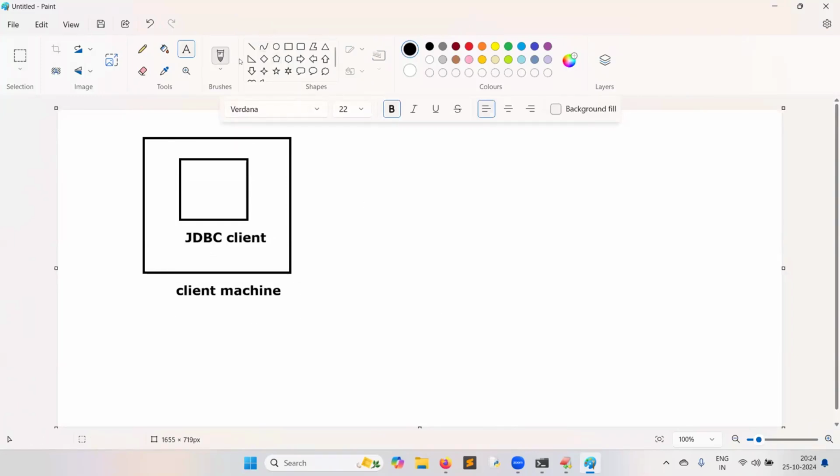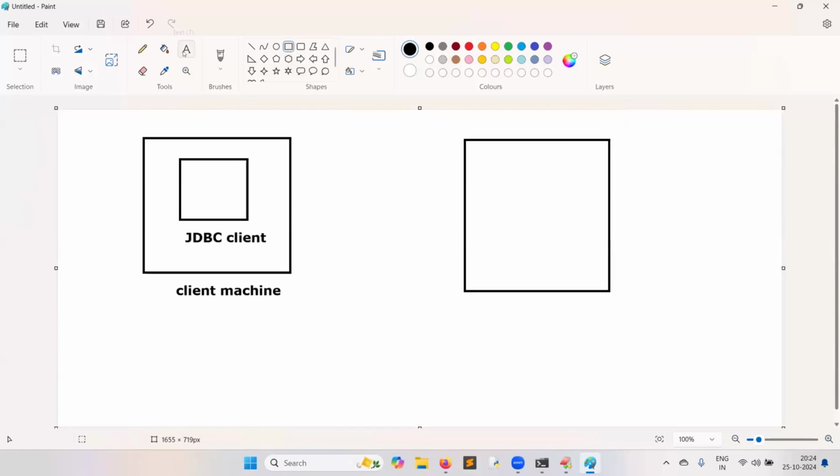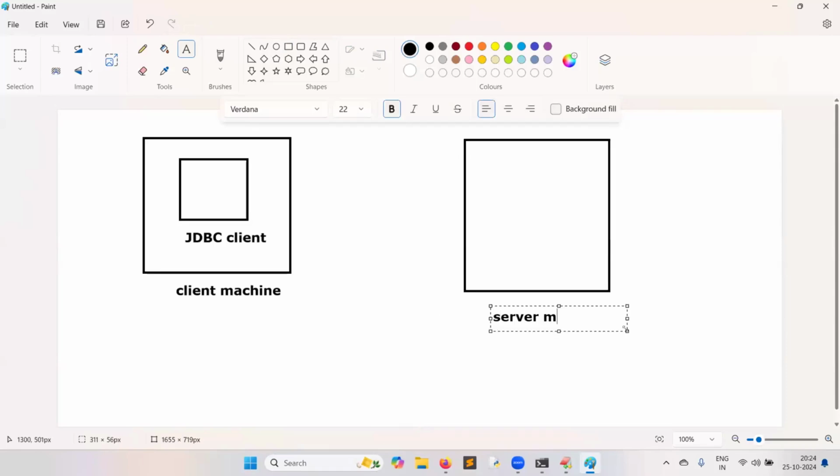Always the Java program will be running in one machine. The database server will be running in another machine. Never ever in real time will the database server and Java program be running in the same machine. This is the server machine.